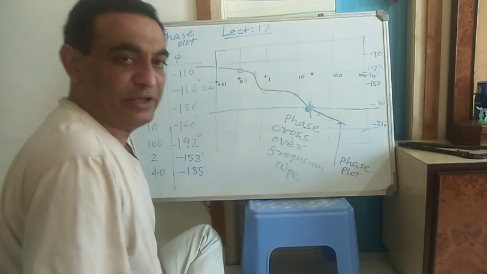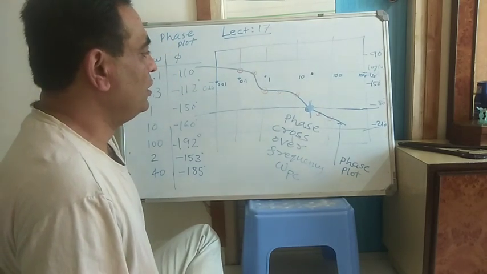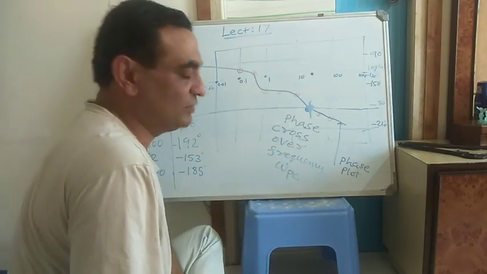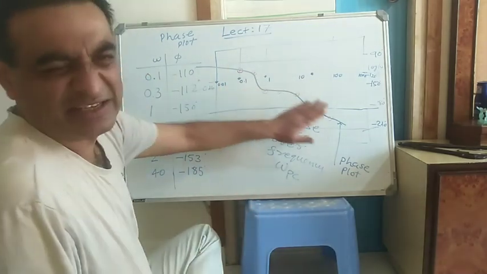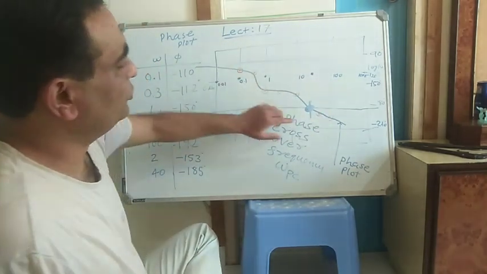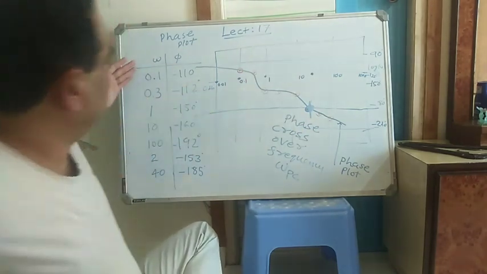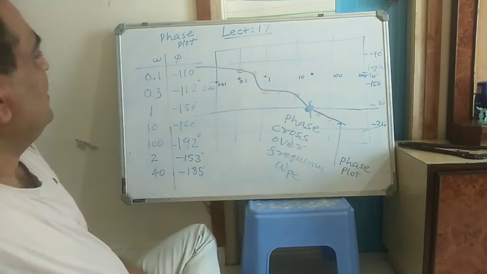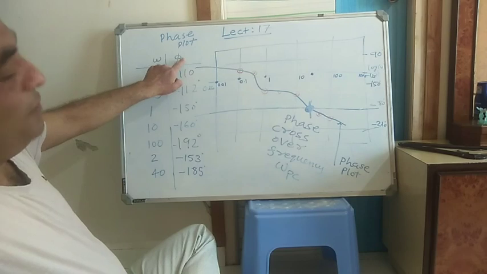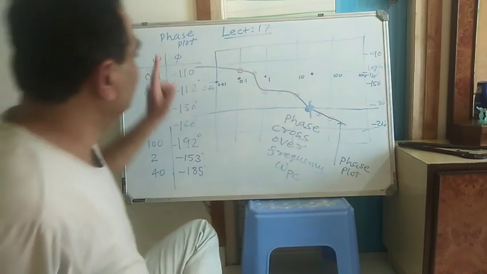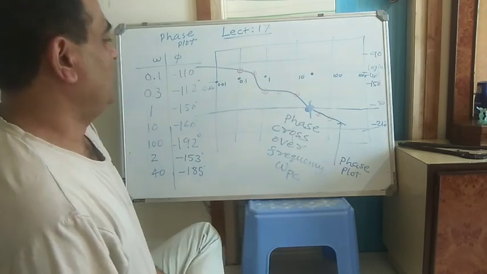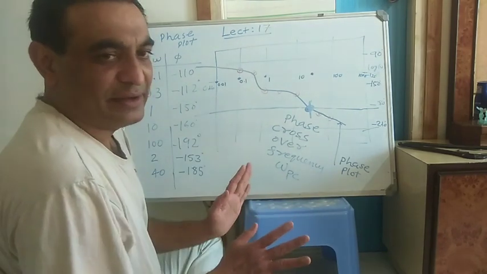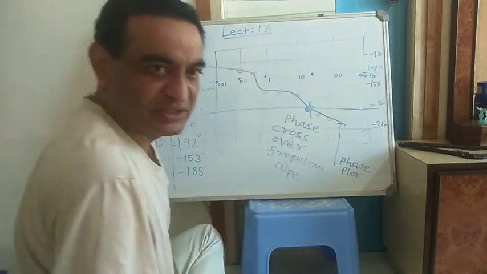So this is how the phase plot is crossing the minus 180 degree line, and that frequency is known as the phase crossover frequency. So now we understood. This is a free sketch, it's fine. To have a smooth curve, you need to select the appropriate values of omega, and get the phase from the phase equations, and we have learned how to write the phase equations. All right. Now, we understood the magnitude plot and phase plot. Now let us combine them to understand how we can check the stability of the system.